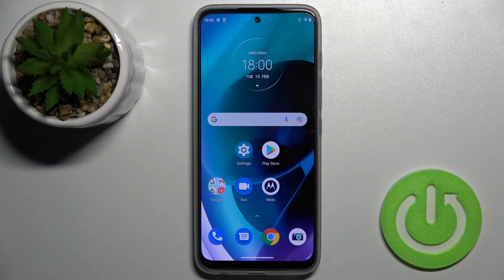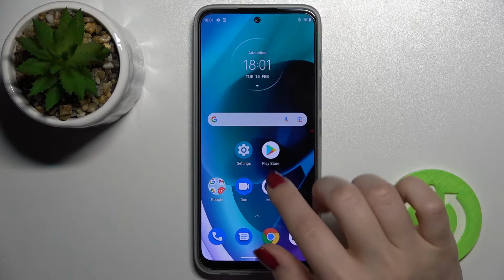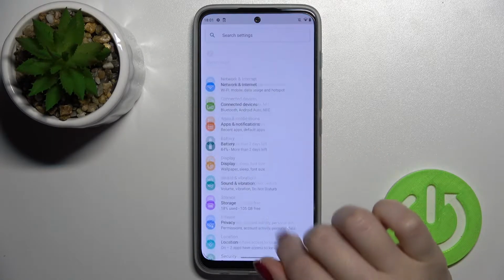Welcome to the in front of me Motorola G71 5G, and I'll show you how to change lock screen wallpaper on this device. So we got two ways how we can do that, and the first one is you just should go into the settings application,